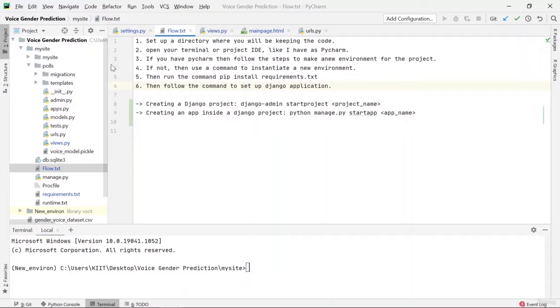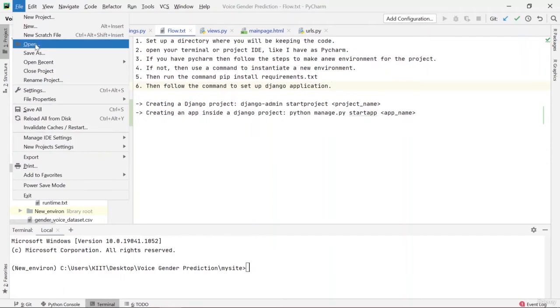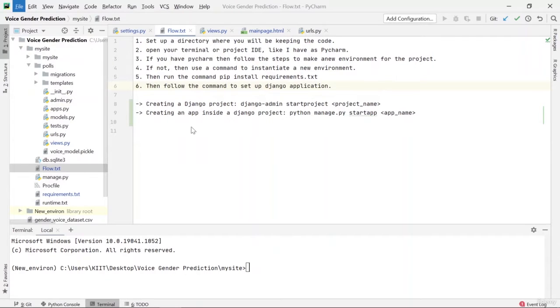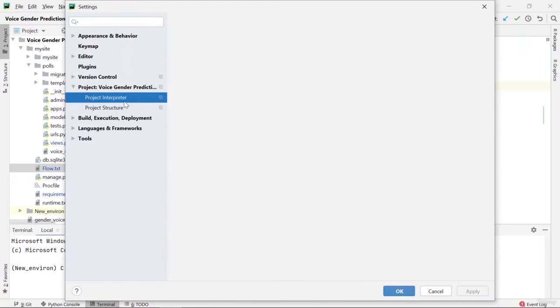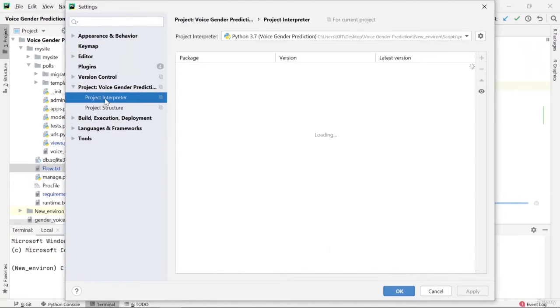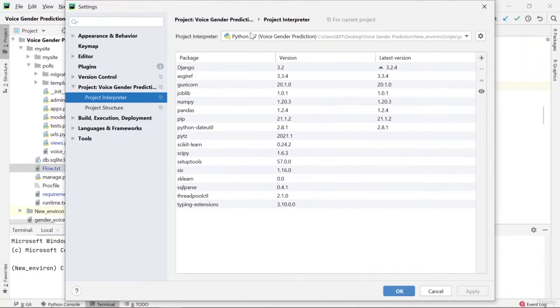So what I did was, if you're using PyCharm, just go to the settings, and in your settings just go to the project interpreter, and you can see that an already instantiated environment is voice gender prediction. Okay, and in that environment all the dependencies are present that you can see here.